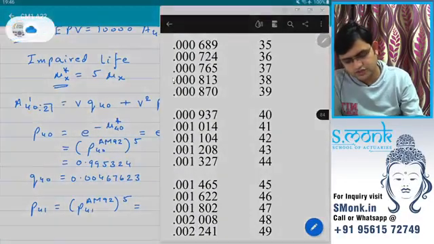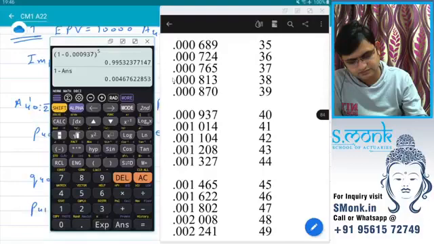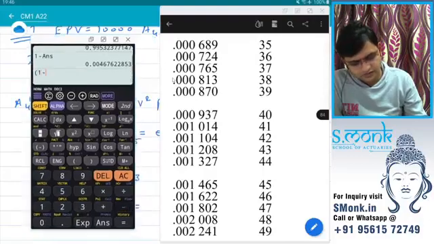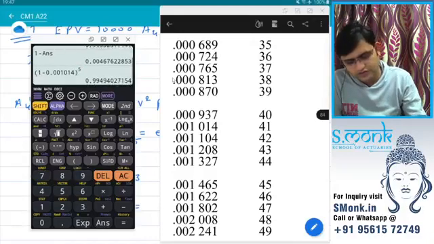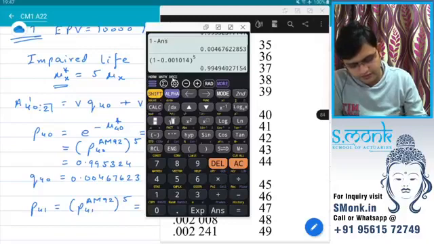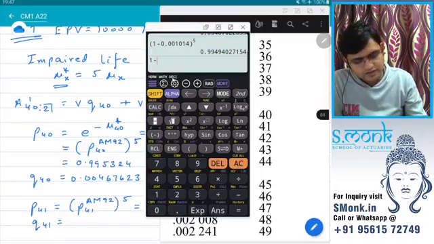So again we'll take Q41, 1 minus 0.001014 raised to 5, and we actually want Q41. We don't want P41, so I don't really need the P41 value. Q41 value will be 1 minus answer